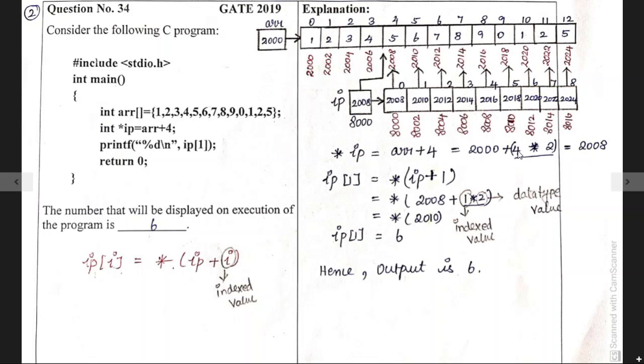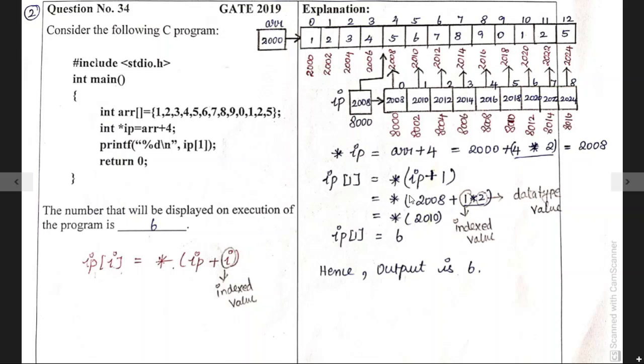So I need to multiply with the indexed value. 4 into 2 is 8, and 8 gets added to the 2000, the base address. So I finally got the output 2008. This 2008 is stored in the pointer variable. This pointer variable points to this address. Inside this address, it holds 5 as a value. Okay, it is a pointer array, so it needs to store the continuous address